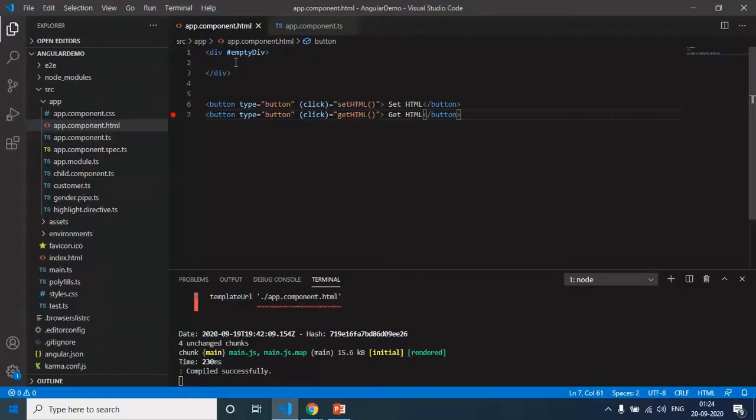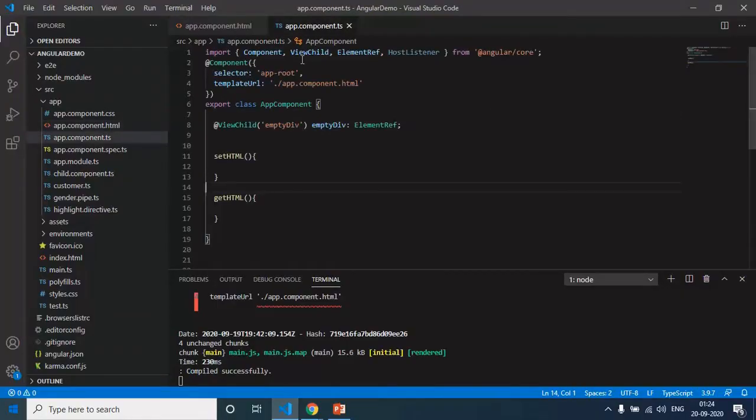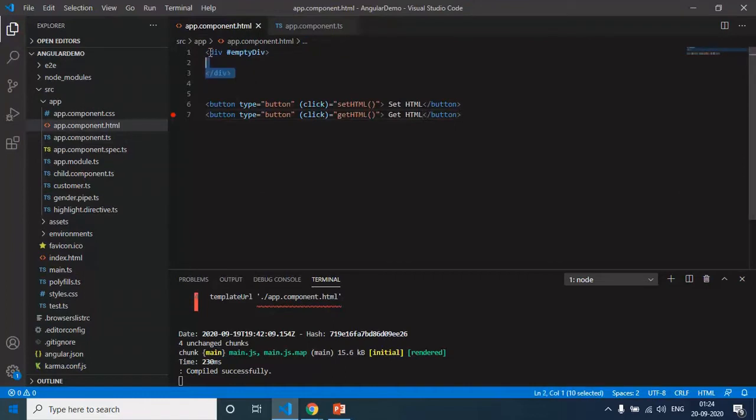I have app.component.html and app.component.ts. In app.component.html, I have an empty div, and here I have given a template reference variable. This starts with a hash. A template reference variable is something like giving a unique ID to any of the elements. And I have two buttons.